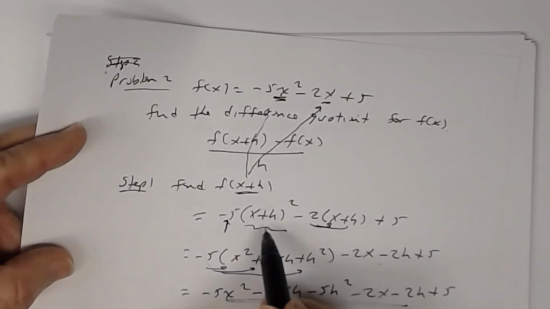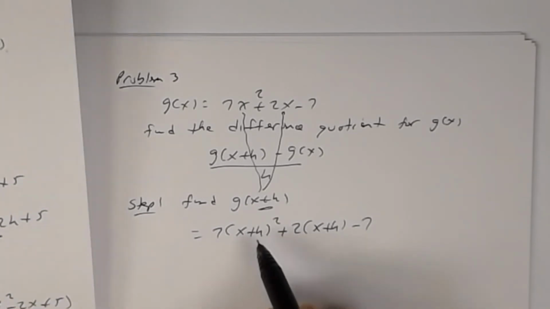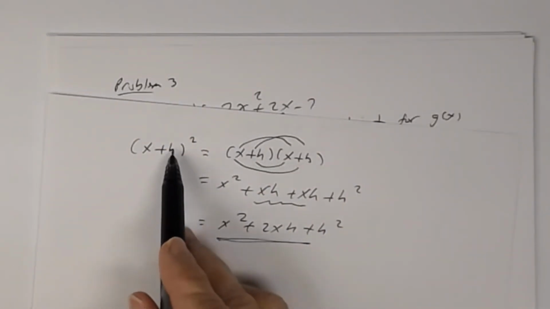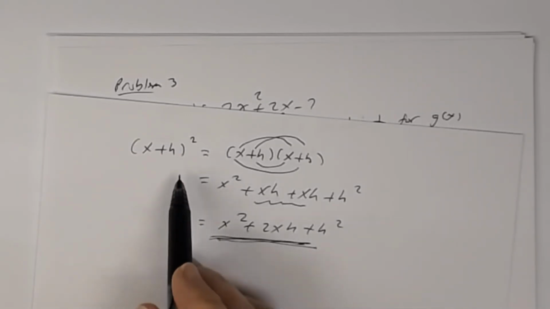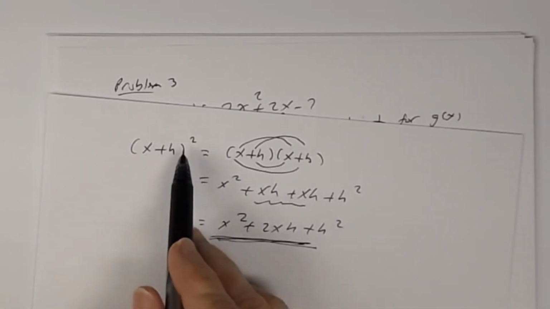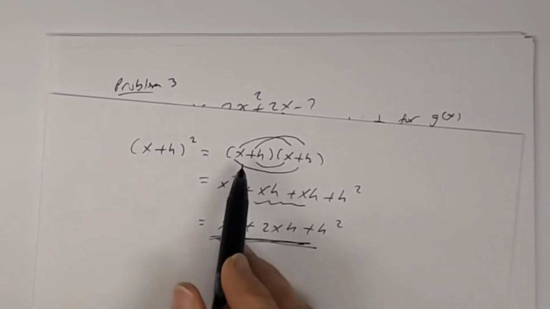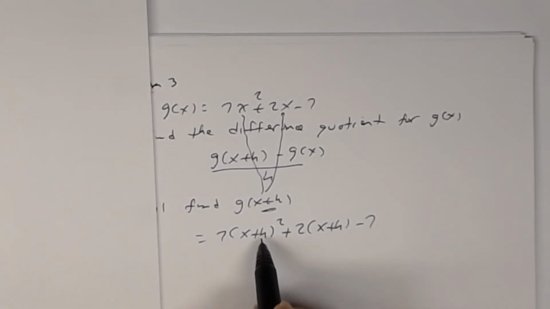But you see this right here? x plus h squared. That's the same thing here. So when you did this right here, x plus h squared, it's always going to be this. So most students, after doing a few problems, know by heart that x plus h squared is x squared plus 2xh plus h squared. If you don't remember that, then you're going to have to FOIL it out. So if you FOIL it out, you get this. All right, so the point's this. This right here